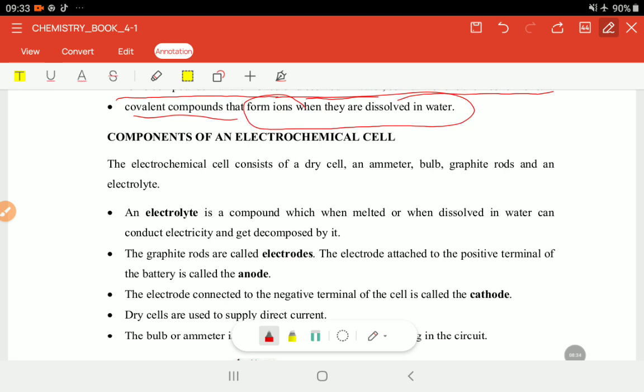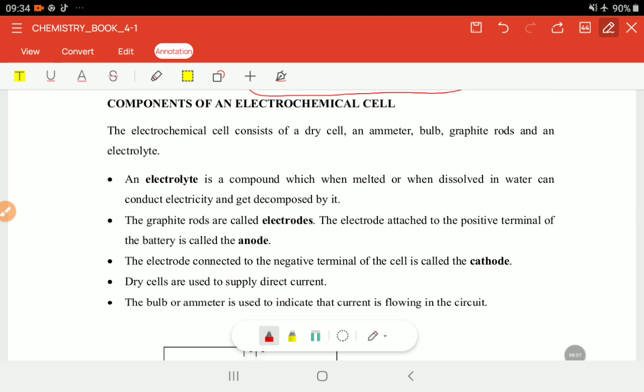So since we saw that this electrolysis also takes place in an electrochemical cell, like in the case we saw in that topic of redox reactions, right? In the topic of redox reactions we saw such matters. So what we are going to have here is just some sort of a demonstration. We know that in an electrochemical cell, what happens is that